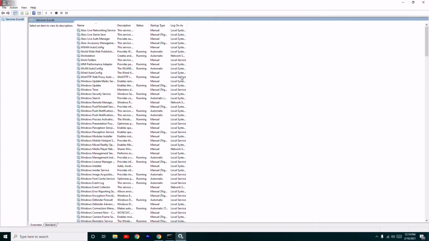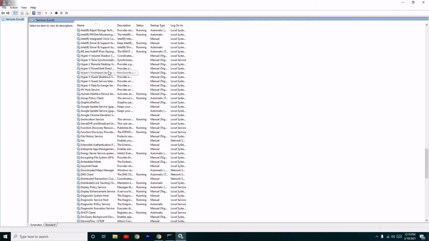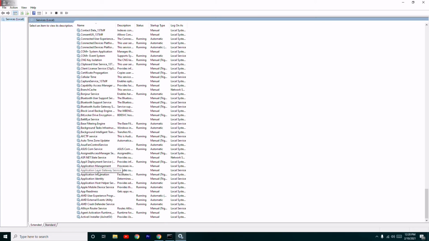And from here you have to right click on the advanced monitoring agent service. So you have to search for this one. You have to scroll down and check for advanced monitoring agent services. You have to select it from here, and once after selecting the respective one, what you have to do is